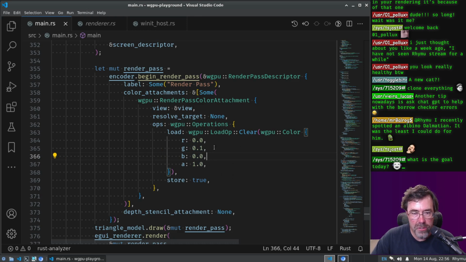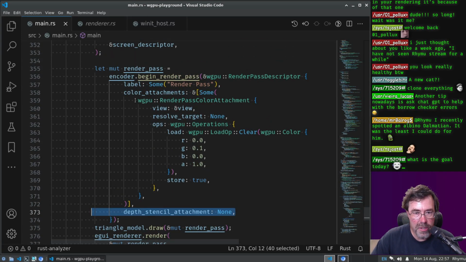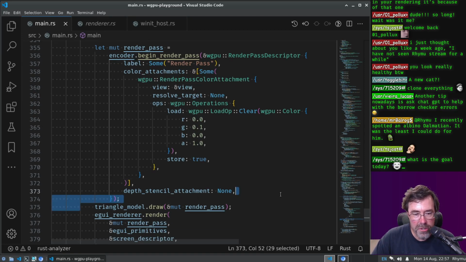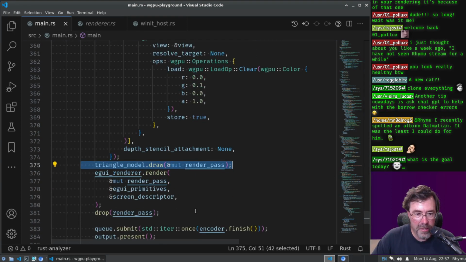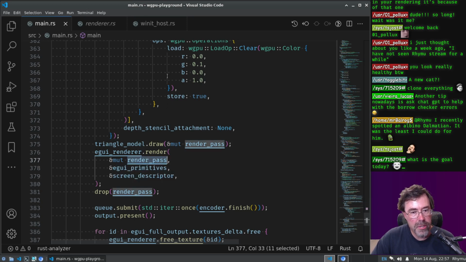And there are other things in here that don't really matter right now, like how you initialize the surface when you're about to draw to it. And we have no depth or stencil attachments. We just have a render attachment, right? Just the pixels. And then I'm going to draw my triangle, which I'll get to in a bit. And then after we draw the triangle, we tell egui to go and do its rendering. So it takes the triangles that we generated from output, that screen descriptor, the render pass we just made, and then it queues up all the actual draw